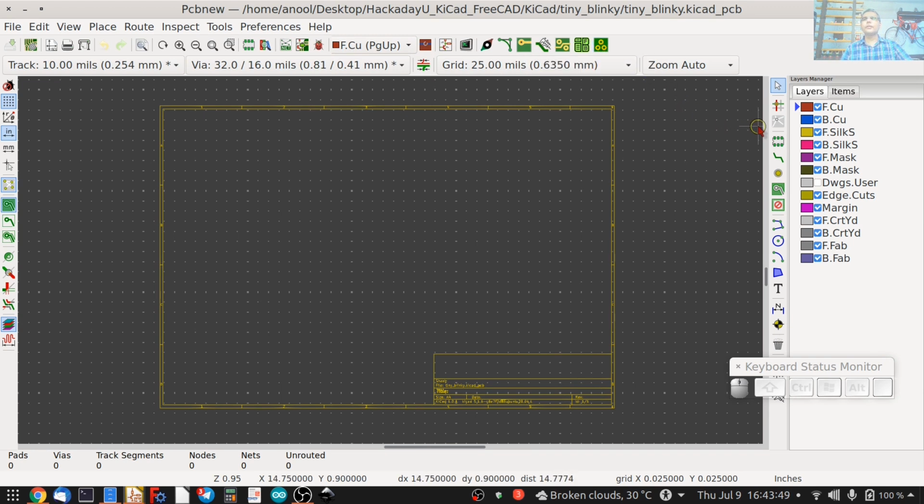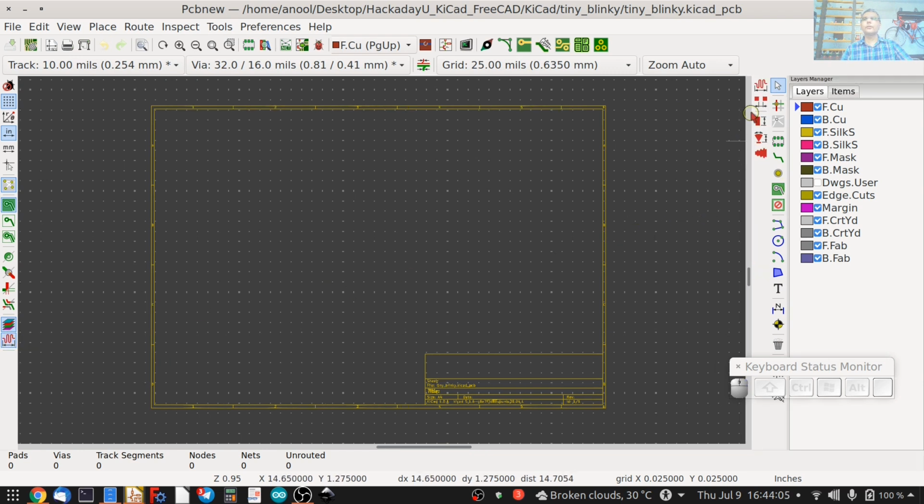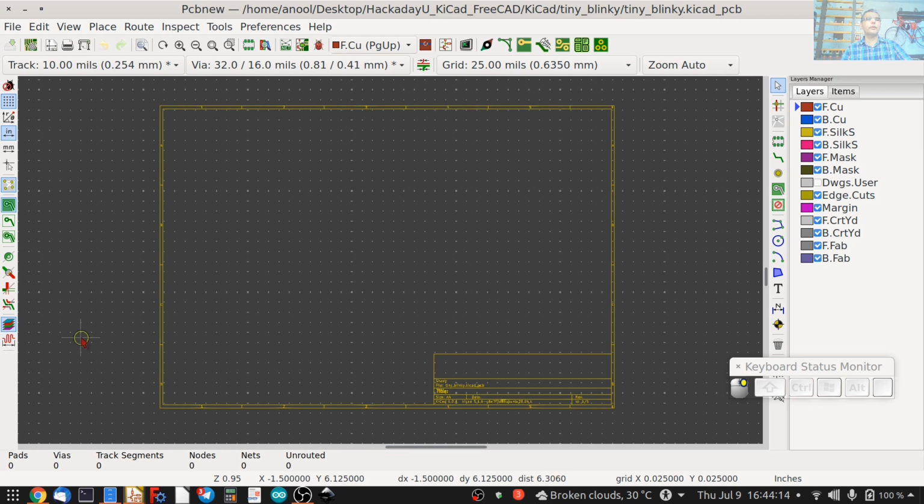And on the right is the toolbar that you'll use to actually draw and lay out your circuit boards. If you're also seeing an additional toolbar like so, that's the microwave and stripline generator toolbar. When not needed, you can disable it by clicking the icon on the left that says the microwave toolbar. There's also the layers manager, and layer manager has two tabs, layers and items.